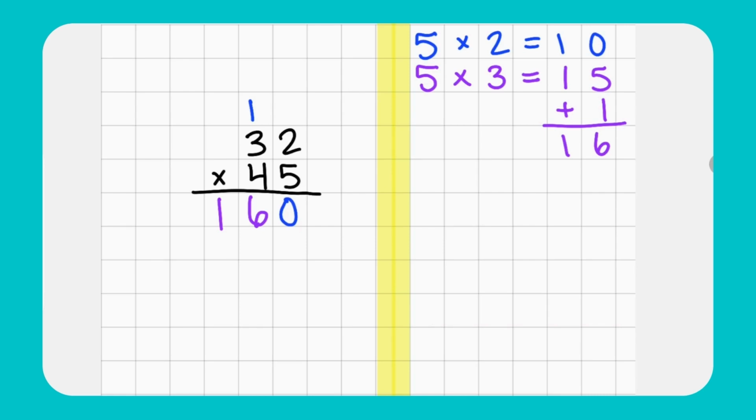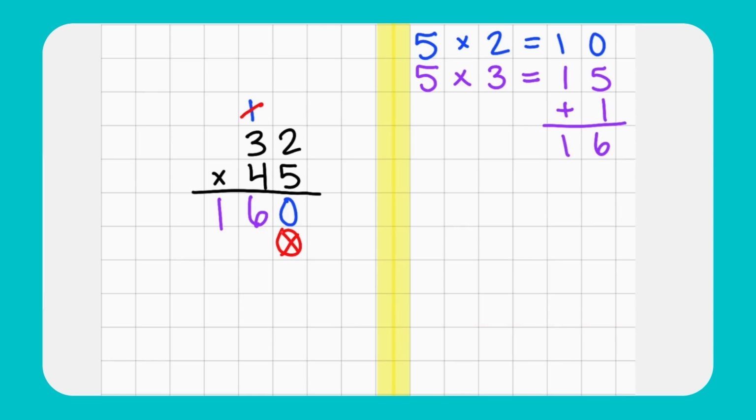So the first thing we need to do is cross off what we've carried. We already used it. We added our 1 to our 15, so we've used it and we don't need it anymore. Now we're going to put a 0 in the ones place, and I usually put an X through it to remind myself that that's the placeholder 0 that I added. It's not the result of any of our math.